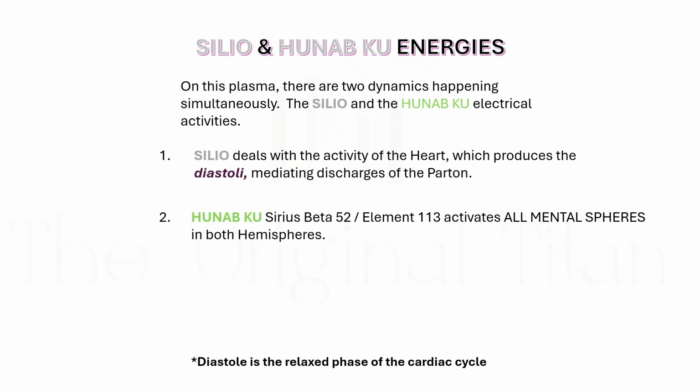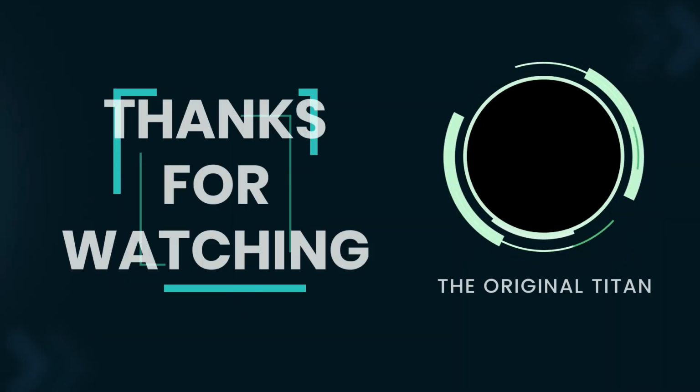As far as the Hunev Ku Series B52, element 113, that's going to activate all mental spheres in both hemispheres, left and right. When we think of the Hunev Ku, we know it is the one giver of movement and measure, meaning that it's going to give out to everybody in this whole galaxy whatever it is that they need for their solar systems, light systems, star systems, planets, moons, suns, whatever. This is what